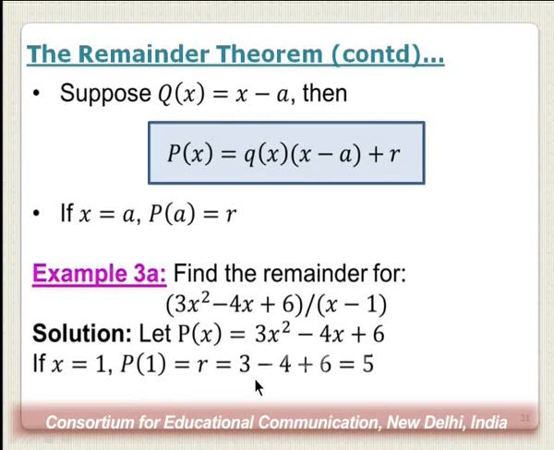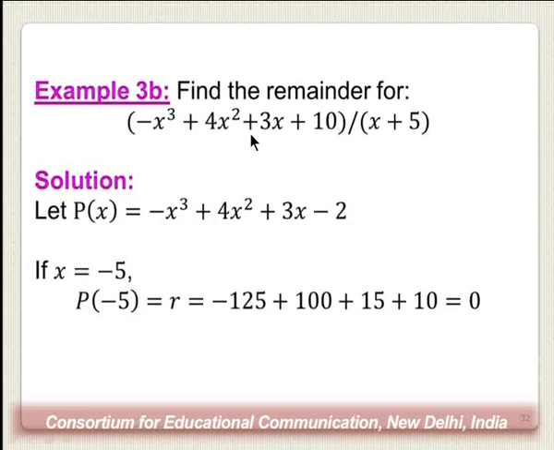So that then gives us 3 times 1 minus 4 times 1, which is minus 1, plus 6, which is then 5. So the remainder here is 5, and you see the beauty of this, that you don't even have to perform the entire division. You just have to substitute that value 1 and you'll get your remainder. Similarly, take a look at this example. Suppose you have to find the remainder for this operation, then again just substitute minus 5 into the polynomial p